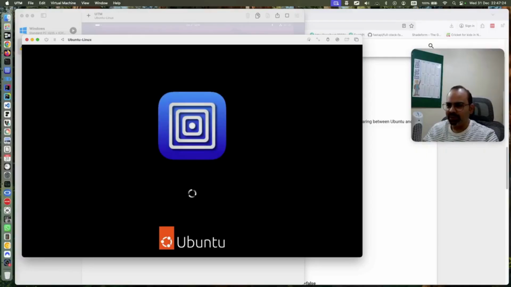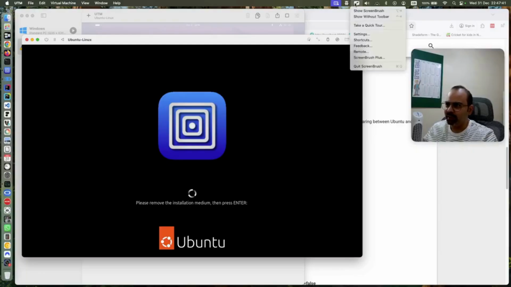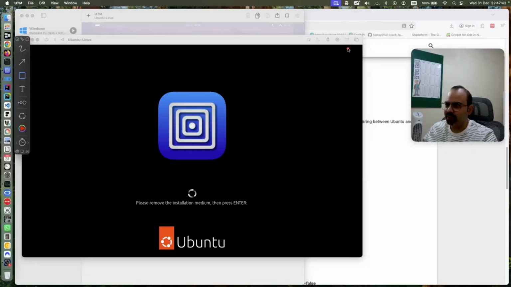So the Ubuntu is restarting, and we have a very important step. It says please remove the installation medium, then press enter. So don't press the enter key until we eject the ISO file. So in order to eject the ISO file, we need to